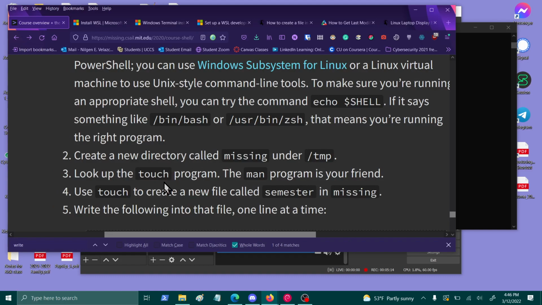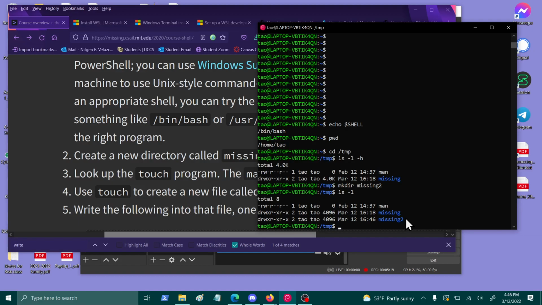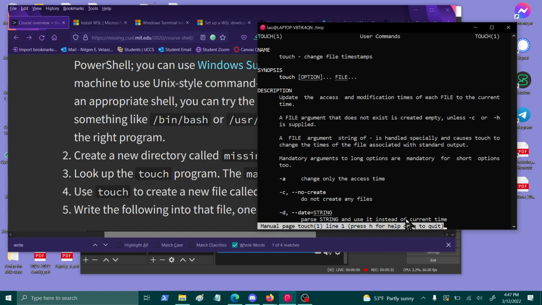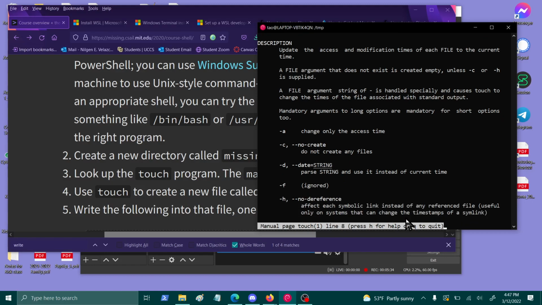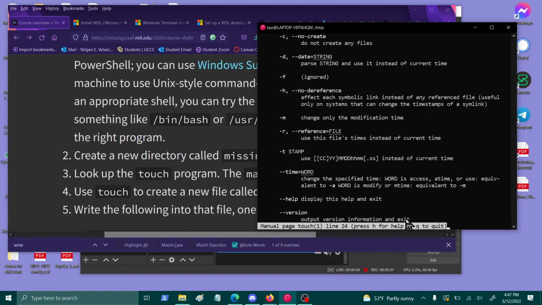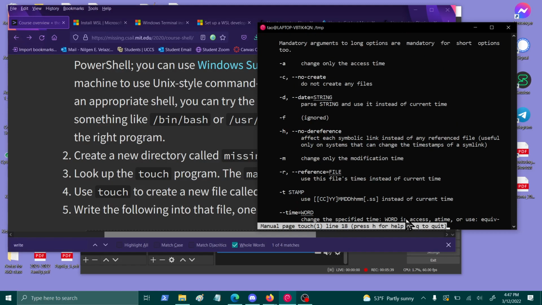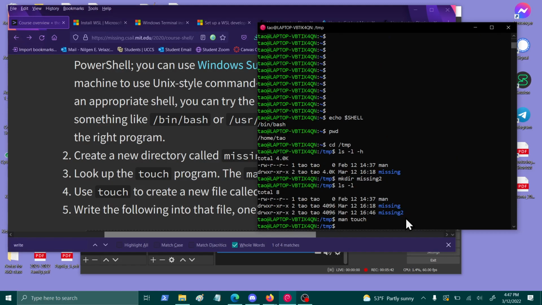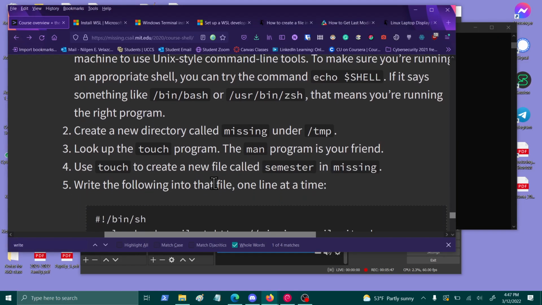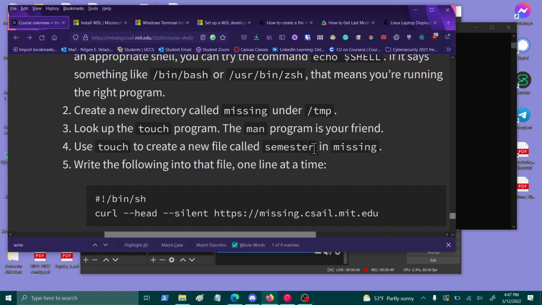Done. So look up the touch program. The man program is your friend. Sometimes man is not even installed, so I recommend googling how to install man. So you have that man, and ta-da! You can just go down using your arrows, or going up, and Q for quitting. And it says, okay, how about you create a file called semester in missing,